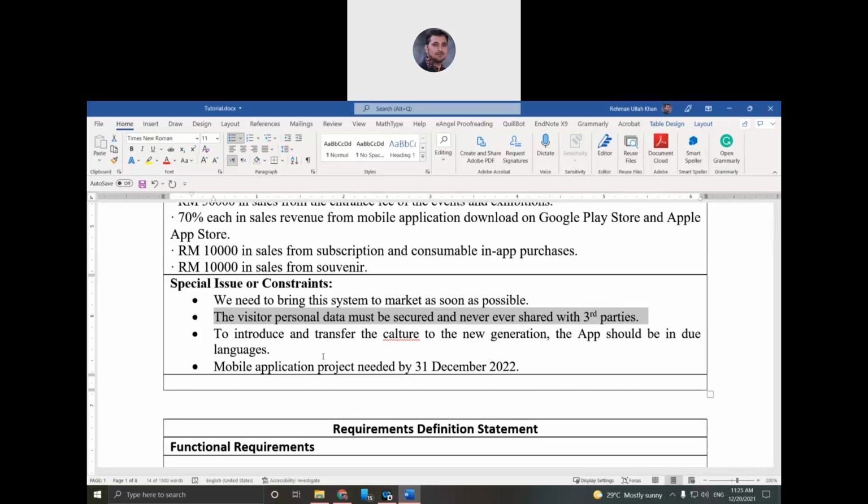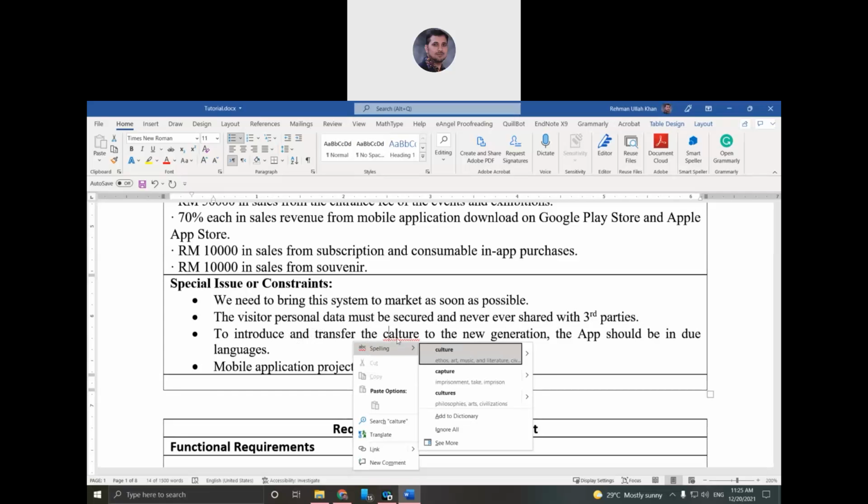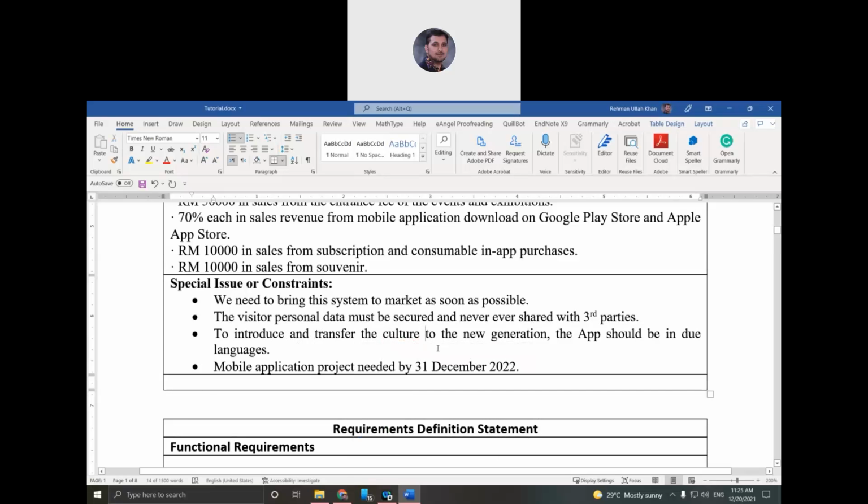Otherwise, if it is not safe, then the visitors will never share their information, because during the registration time we are getting their data, so this data must be secure. Okay, to introduce and transfer the culture of Sarawak to the new generation.